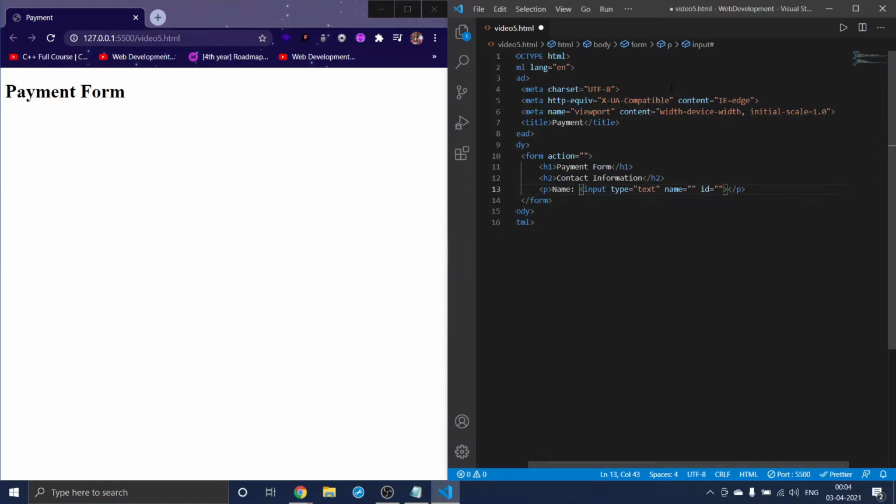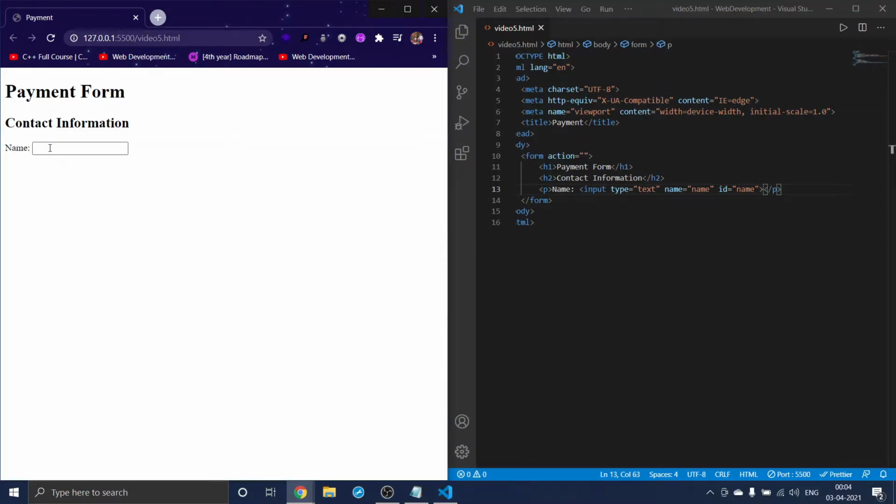Here I will give the value of the name as name, and the id we'll talk about later, and I will give the id as name. And when you save this you will get a name here, and you will get an input element where you can type your name.